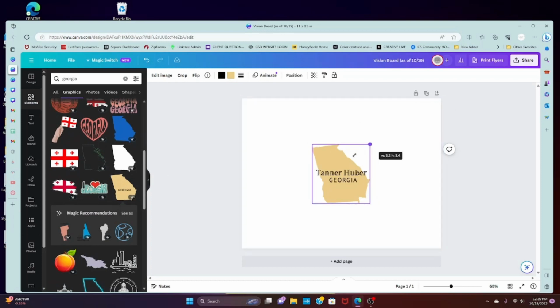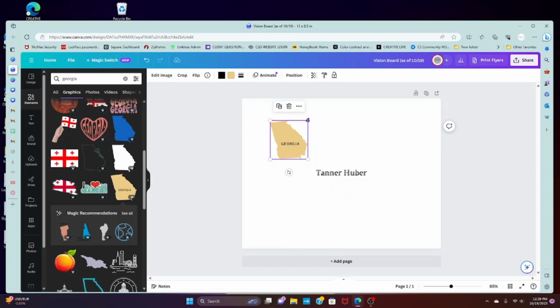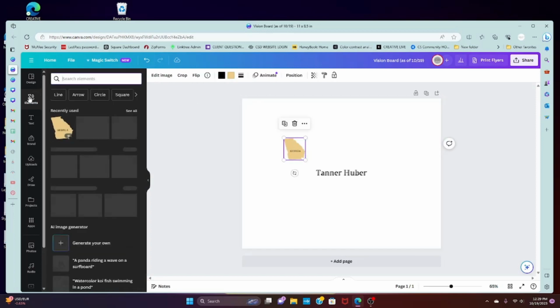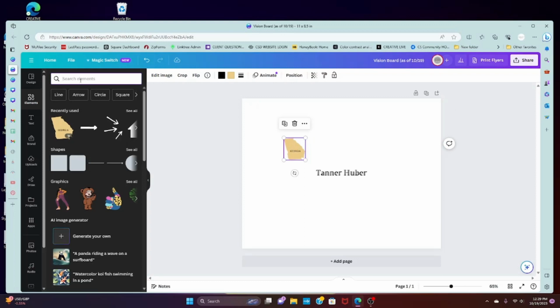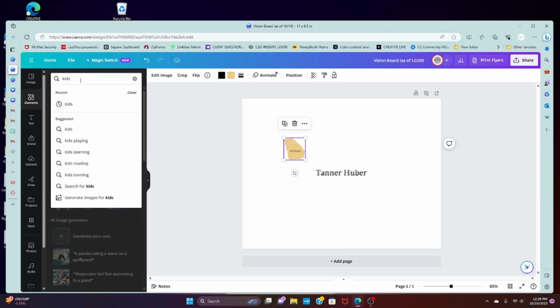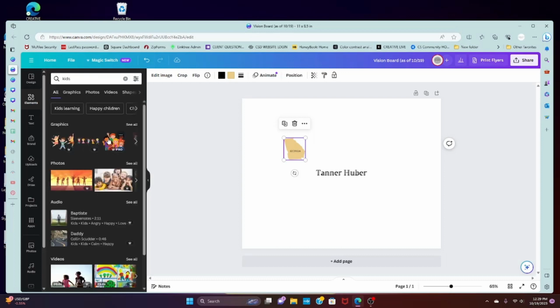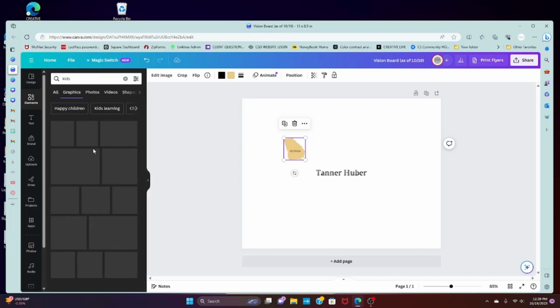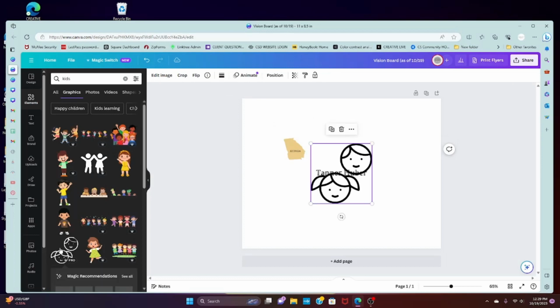So, pick your elements. You can resize them by the corners, hold it down and move it. Now, if you want to change the colors, obviously you can do all that. We'll go through that another time in another class, or you can play around with it on your own. But I just want you guys to start getting familiar with elements. So now I will search, let's see, that I have my kids. So also, not only can you just search this, like a picture of kids to represent mine,